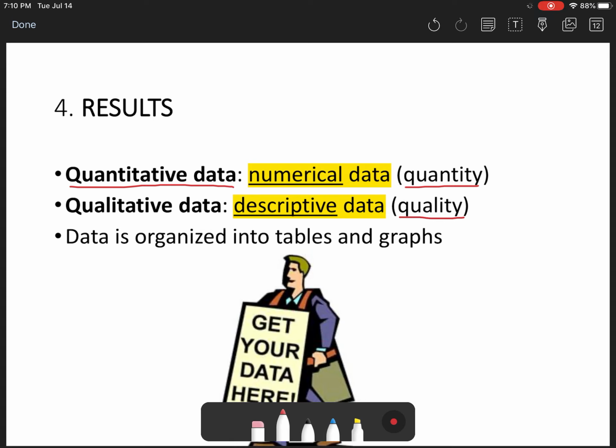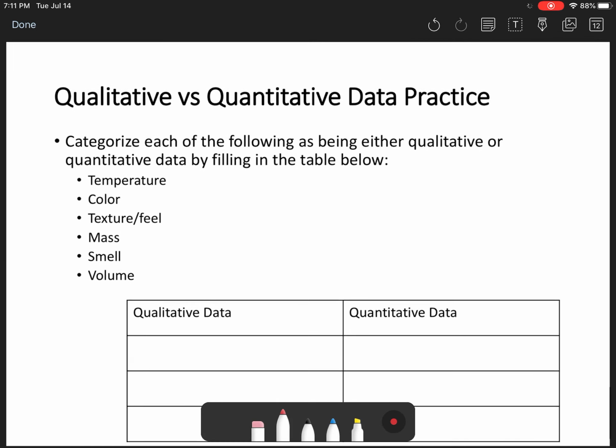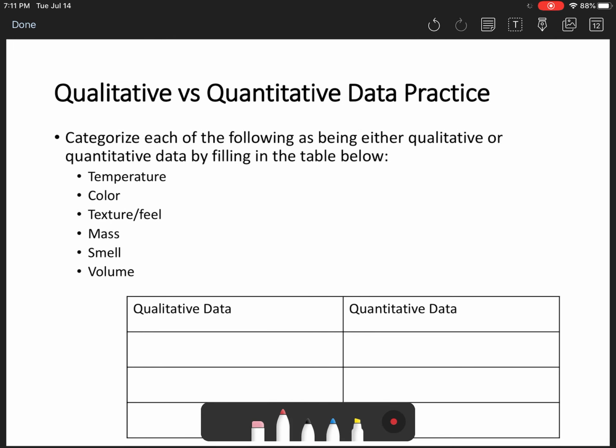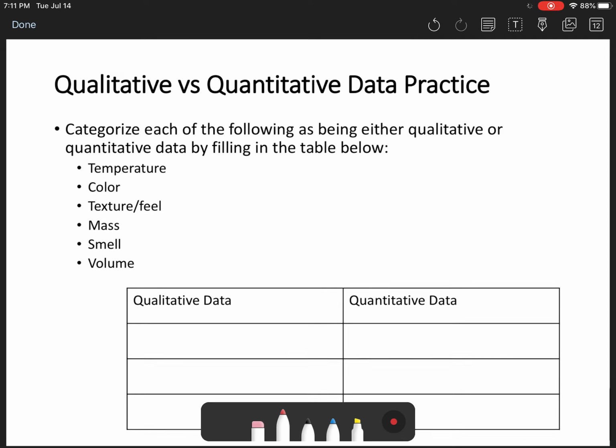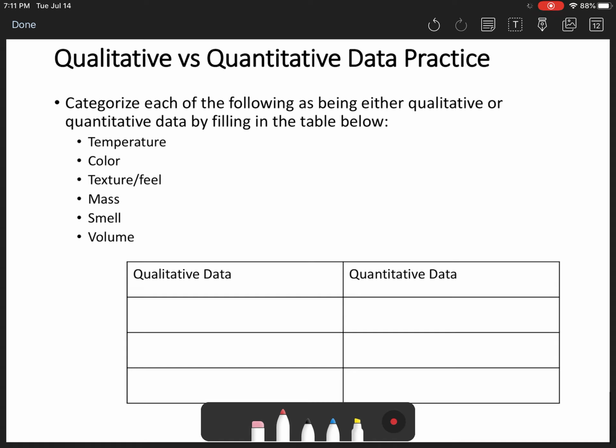And again, we organize this data. You can't just have it out there and it's just a mess. You have to organize it in some way, and that's where we'll get into our next section that's going to deal with tables and graphs. But before we do that, let's do a little bit of practice on the difference between qualitative versus quantitative data. So we have a list there of different